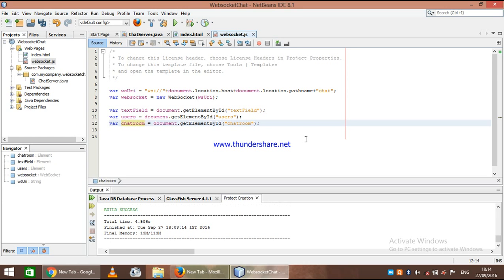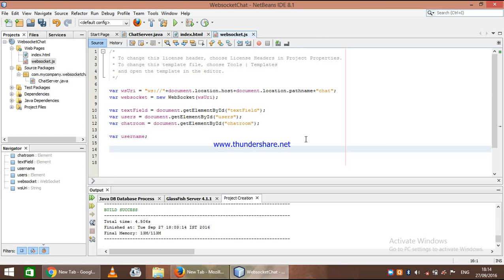Chat room. So we are done with it. Next we need a variable to hold the username. Now we will define the events that are happening in it. On open, function event, on open, let's just say event, and the rest of the three